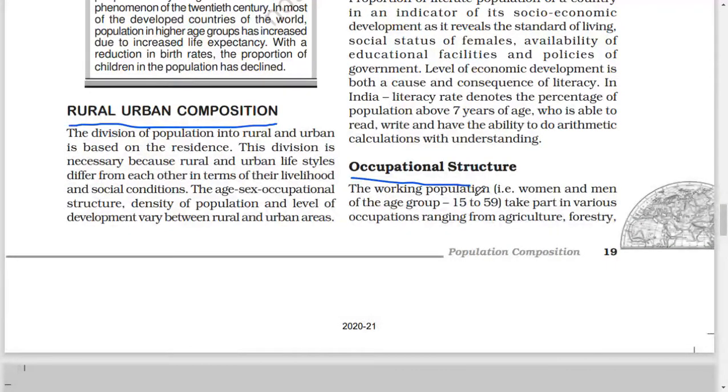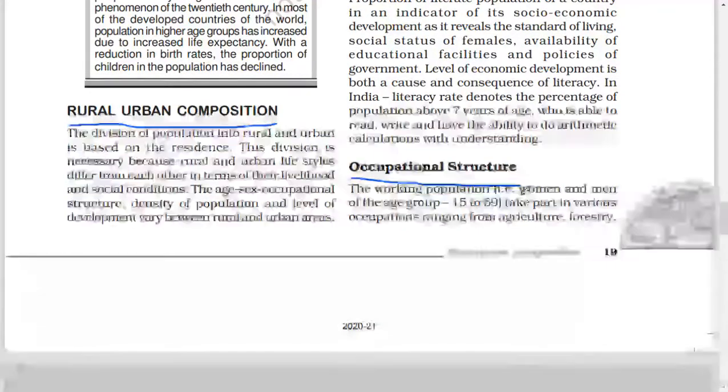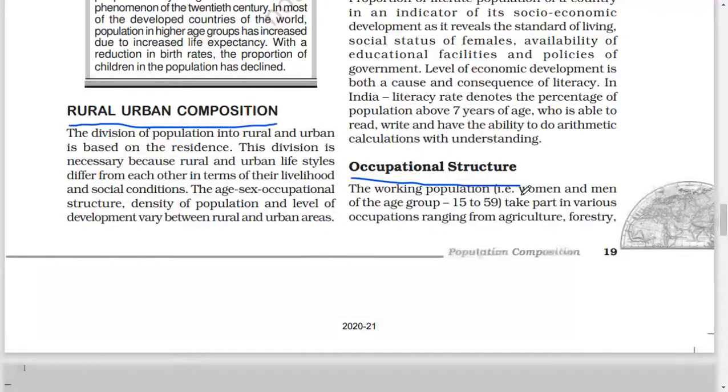Occupational structure. The working population, that is women and men of the age group 15 to 59, take part in various occupations ranging from agriculture, forestry,